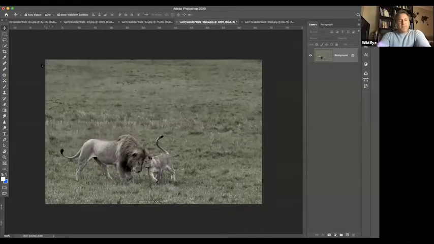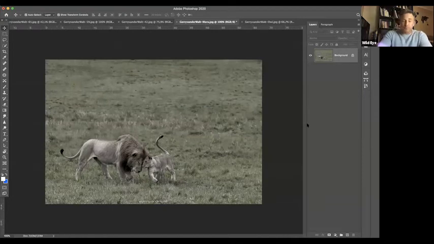Liz asked, what is the benefit of flattening? So if you're going to work a file again and again, like if you're working on a big picture, like a migration crossing with a wildebeest and a crocodile and a leopard in the tree and a pangolin crossing the river, and you're going to take time to work that, and you want to not do everything at once, you can save the layers and come back. When you're finished, that's when you flatten. Flattening is the last thing that you do before you save your final file.